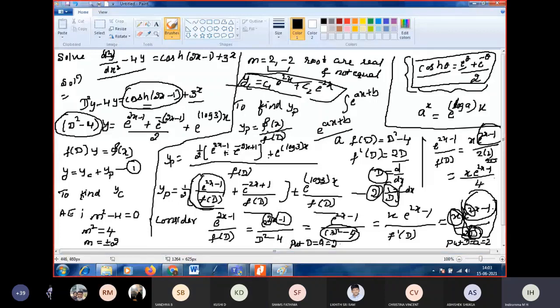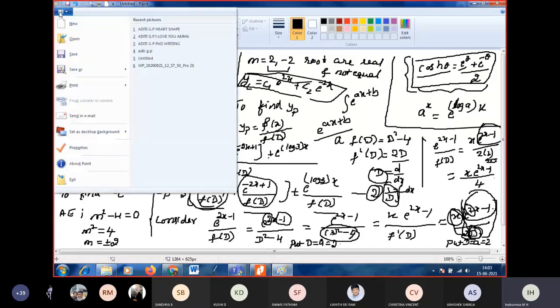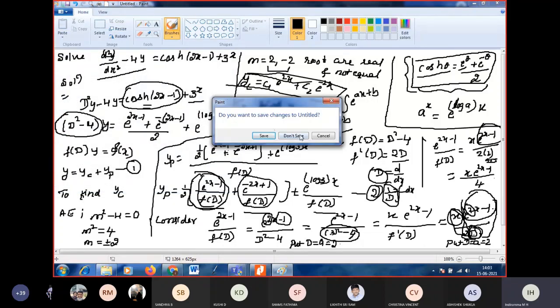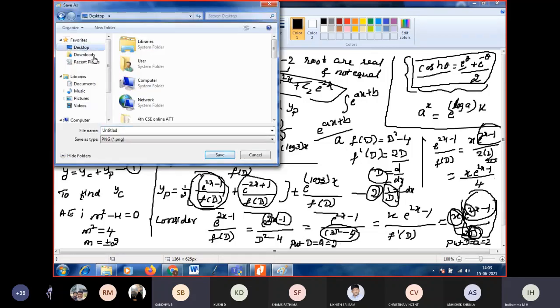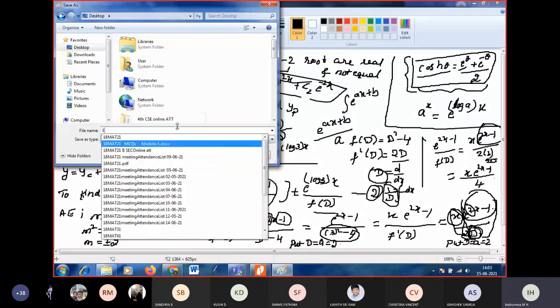So now we got the answer for the first term. Next we have to simplify the second term. You should remember it. Now I am going to a new page. You have to tell me these two terms, so I am not going to save this page. If I save, I don't know where it is going to save. Okay, desktop we will see. I will give that number as 1. Then we can open it if it is possible.